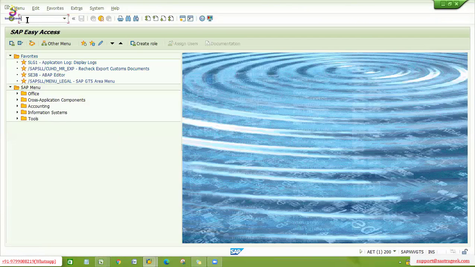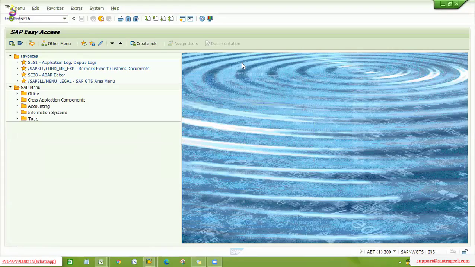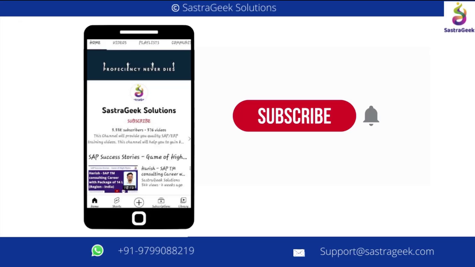So what is the table? We'll go to SE16, and please remember everyone, in SAP GTS, SE16N doesn't work. So we need to use SE16 only. SE16N is not working in GTS. So let's go to SE16. The table name for business partner is /SAPSLL/